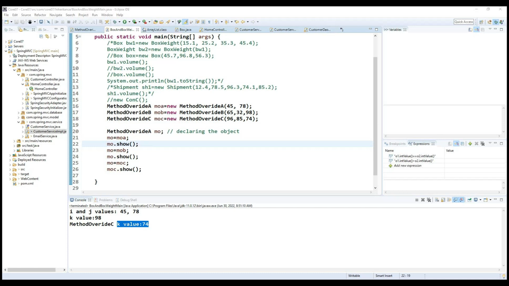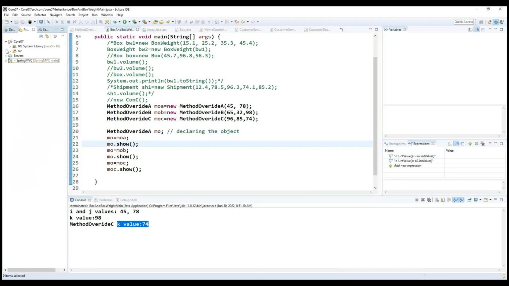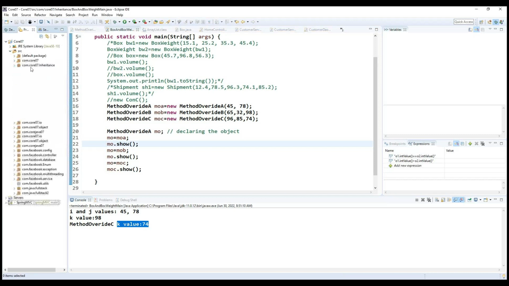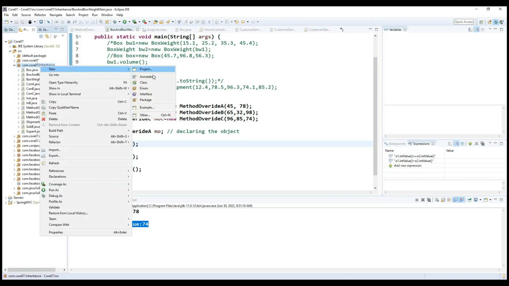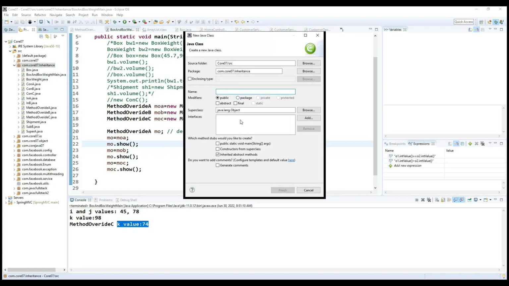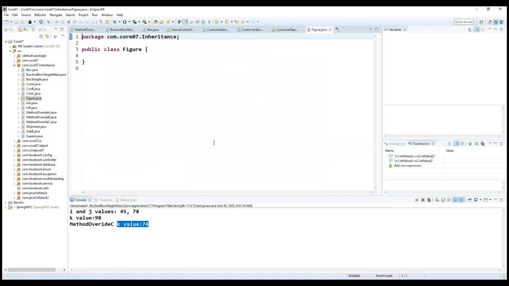Okay, so one more important example I'm going to discuss here, applying the method overriding concept. This is also one of the important ones. Now you can see, this is like a real-time example. Inside this inheritance only, I'm going to write the class, and here I'm writing the name of the class as Figure. Inside this class Figure, now I'm going to make the